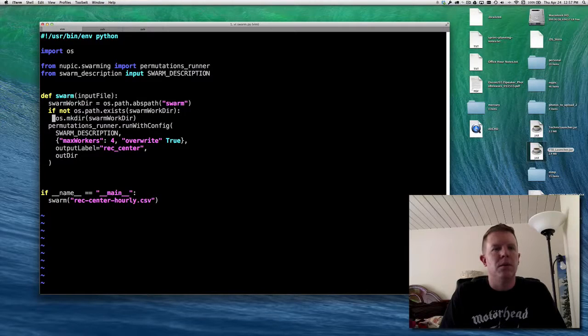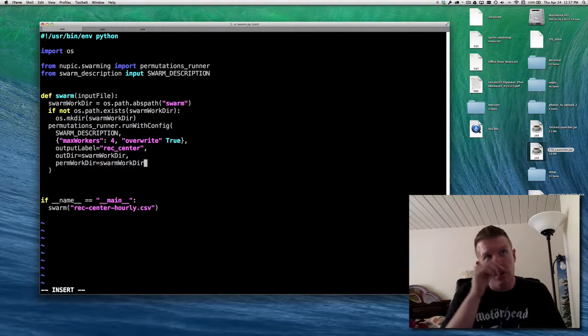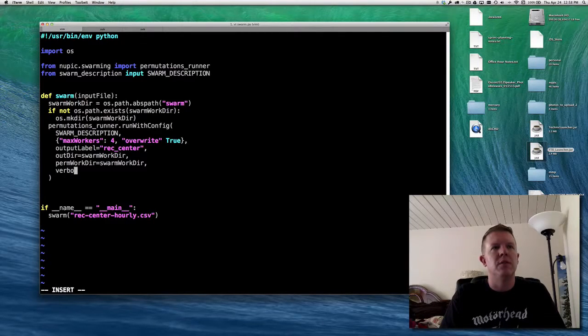Okay, so we're creating a directory to run our swarm, for all of our swarm cruft to go into, and that's what that's for. So that's where we're going to call the outdir, swarm work dir. There's also the concept within the swarm of a permanent work directory, and we're going to set that the same because we're putting all of our output into the same place. And we'll just tell it verbosity equals 0, which I'm not sure